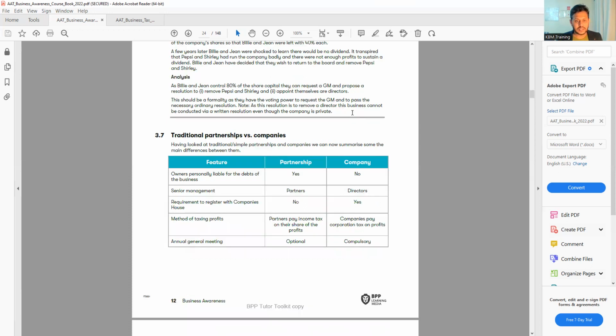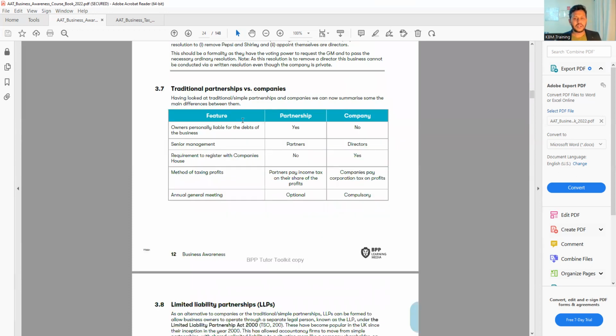All right, so let's look at the difference between the partnership and the company. Is the owner personally liable? For the partnership, the answer is yes. So if something happens, the partner needs to pay the money from his own pocket. For the company, the answer is no. They are not personally liable for anything. Senior management in a partnership we call partners. For the company, the senior management we call directors. Requirement to register with Companies House: